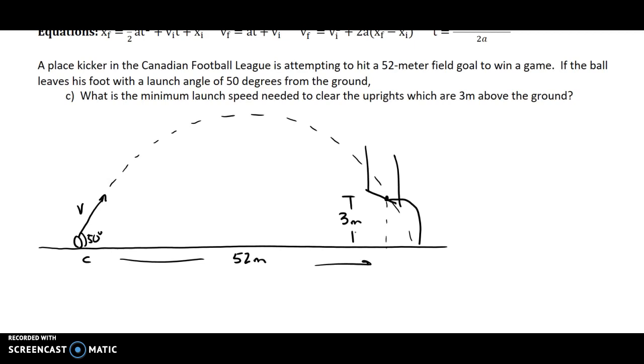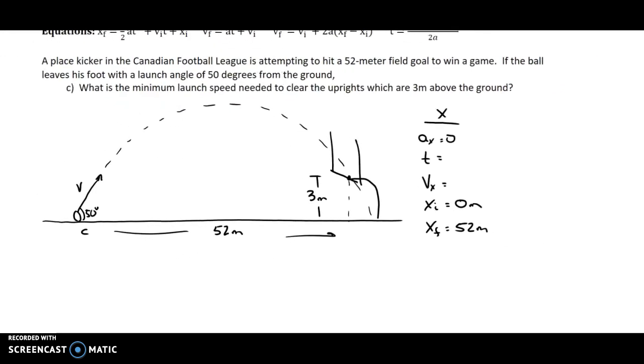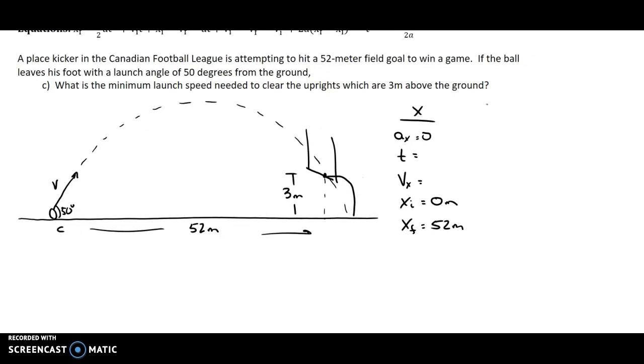And so when I set up my xy table, in the x direction, the acceleration is always 0. You have some time it's going to be in the air. You have a velocity in the x direction. Initial and final are the same. You have an initial position in the x, which is 0 meters. A final position in the x, which is how far away the goalposts are if you kick at the minimum speed. And in the y direction,